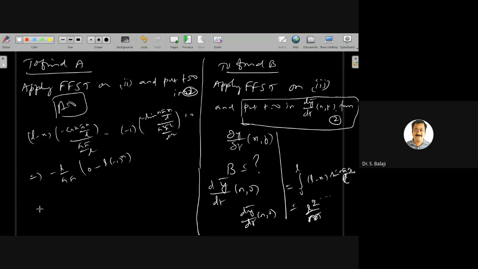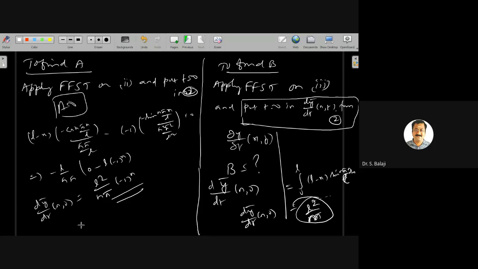So your answer for dy bar by dt of n comma 0 will be minus minus plus here, L square by n pi into minus 1 whole power n. When applying L here, L with the cos n pi is minus 1 whole power n. Right, L square by n pi with a minus 1 whole power n, not only L square by n pi. But B,